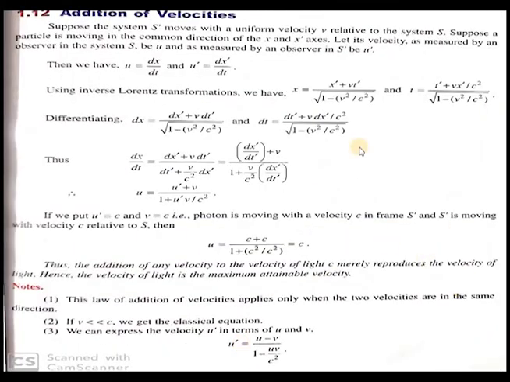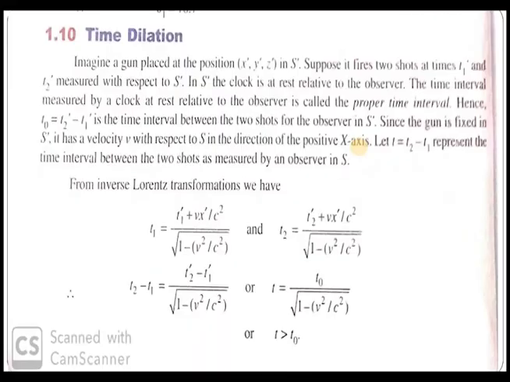So I hope you have understood time dilation and relativistic addition of velocities. There is one more portion left, the relativistic variation of mass with velocity, and we'll discuss some problems. With that, this portion will come to an end. While doing the derivation of the Lorentz transformation equation, if the mathematical portion is tough for you, just try to learn one or two terms by heart. This is very important. You can study the Lorentz transformation equation.